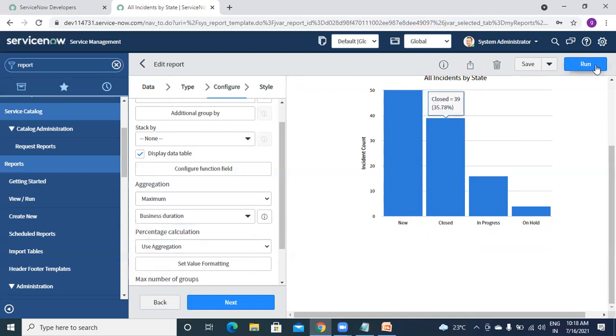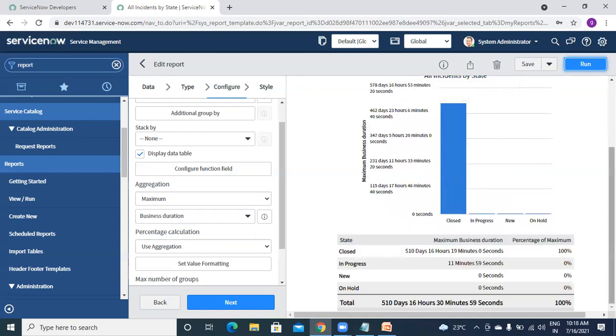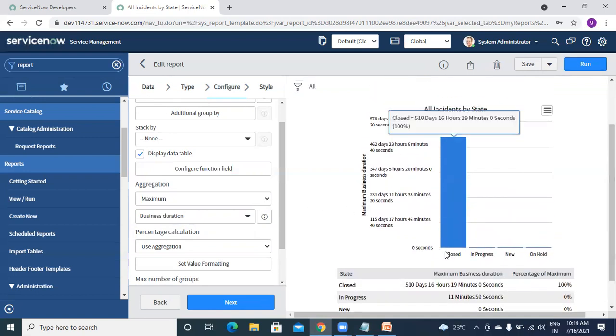So I'm running that again. So see, this is your closed state, this is your in progress, all those. And your closed state took overall 510 days, 16 hours, 19 minutes. That is showing us because we have selected this business duration. Okay, and this is how it is dividing. Okay, fine.